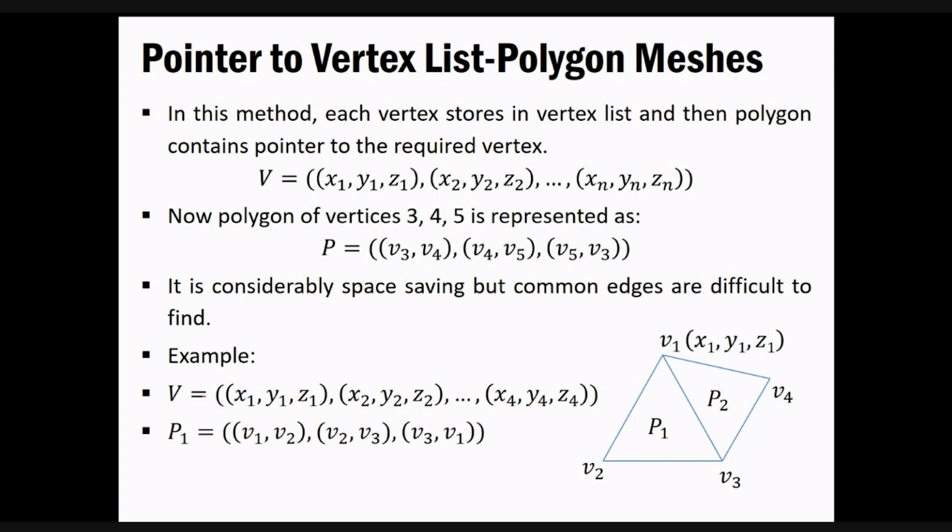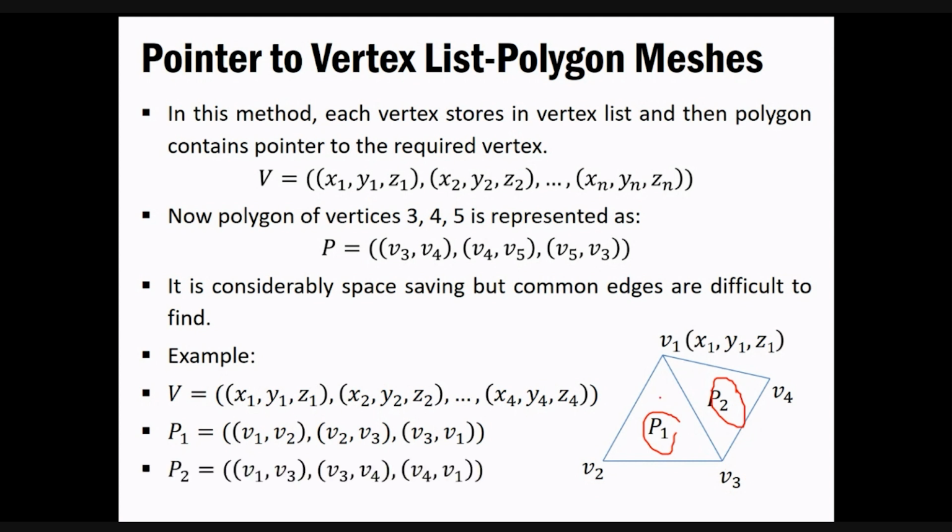Now the next thing will be for the particular polygon. We have two such polygons over here, as you can see in the figure, that is p1 and p2. So p1 would be storing the information that is there in the figure. We will have the pointer to the required vertex or vertices. So p1 would point to v1 and v2. Similarly, from v2 to v3, we are getting one such thing, and similarly v3 to v1.